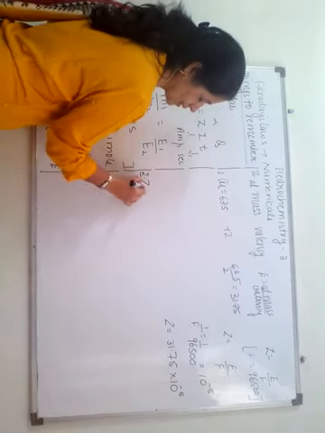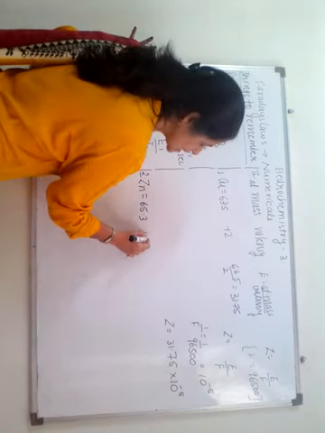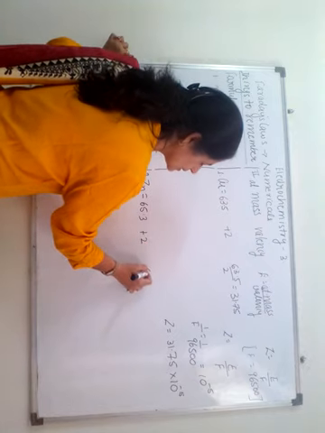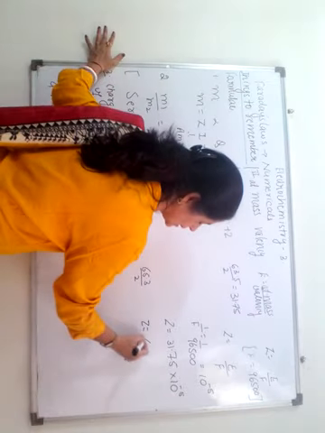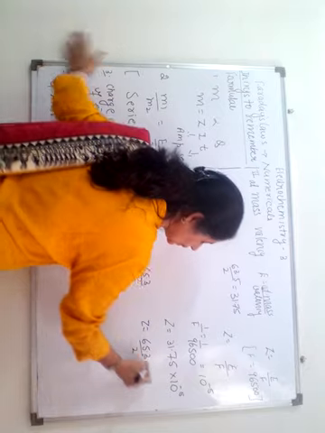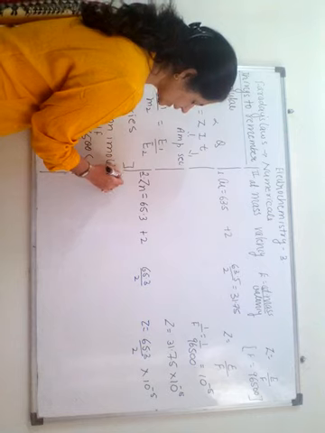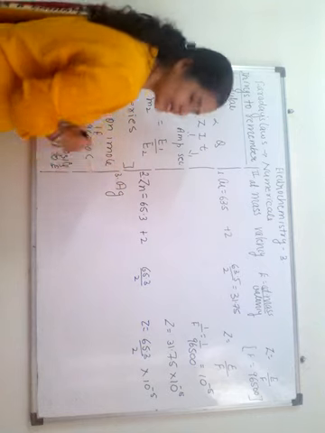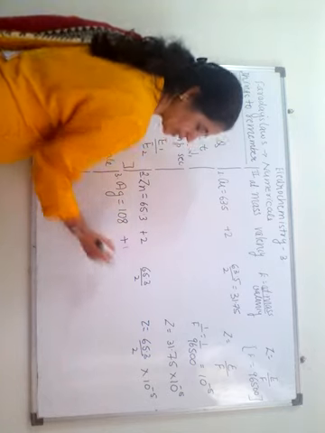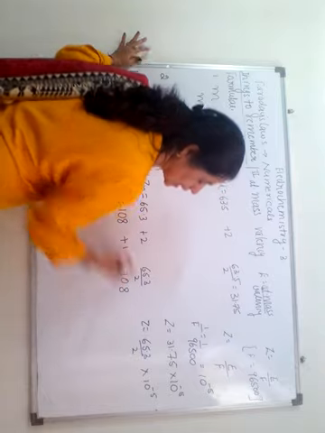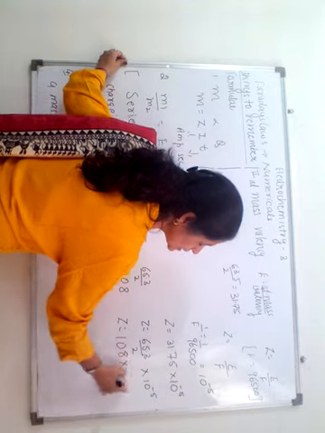Secondly, I can remember for zinc, mass of zinc is 65.3. Again, valency is +2 and E will be 65.3 upon 2 and Z is 65.3 upon 2 into 10 to the power minus 5. Likewise, I can calculate, generally you will be given silver nitrate. Mass of silver is 108, valency is +1, so equivalent mass 108 and value of Z nearly 108 into 10 to the power minus 5.